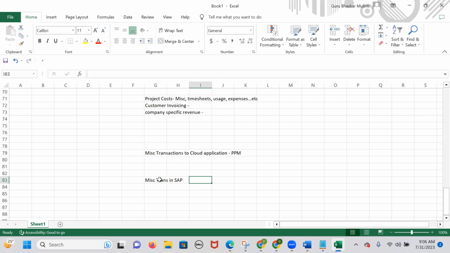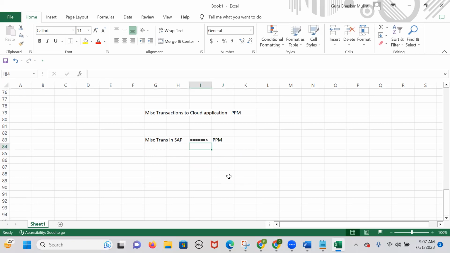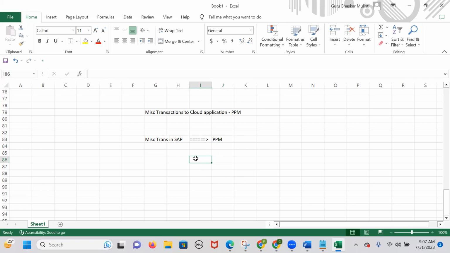I wanted to load these miscellaneous transactions which are already entered and available in SAP into the cloud PPM. You have to download the FBDI template, populate the miscellaneous transaction information in the FBDI template, and start uploading the data into PPM. Here my question is, whenever you populate the data,